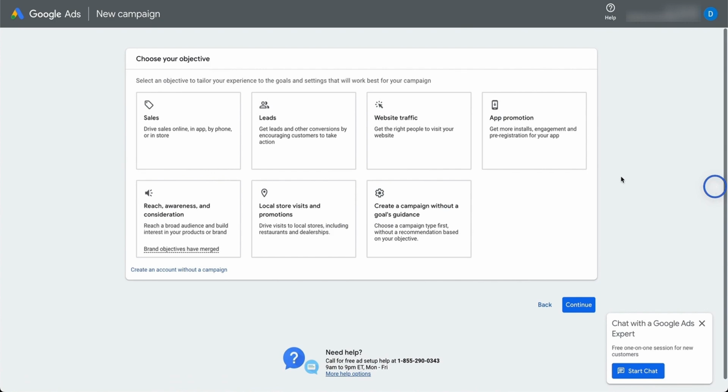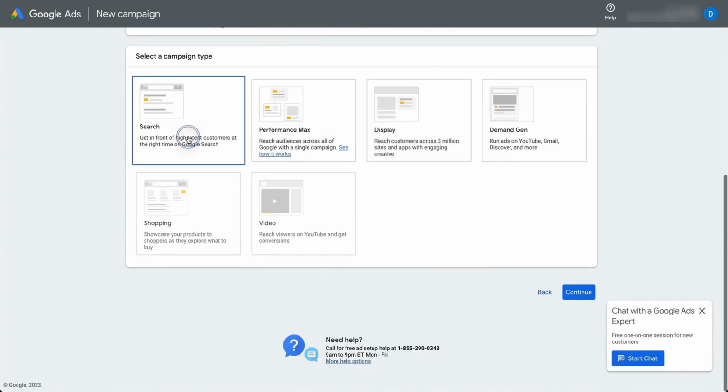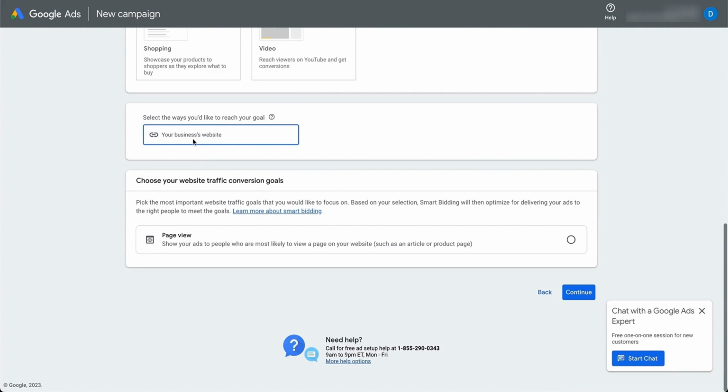And here what you need to do is to just set up a sample campaign. It could be any campaign, so we can choose any objective. So in that case, let's go with website traffic, and let's go with search business website. Obviously, here you would just input your website. I'll just do one of mine,